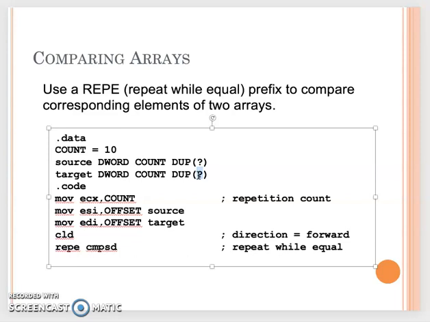Anyway, now let's practice how to do the repeat with the CMPSD. So you will have your ECX, your ESI and EDI. Since we will move forward to compare, we clear the direction flag. Then we want to continue to see if they are the same, right? So that's why we do the REP repeat. You can do REPE, equal or Z. So then when they do that, SD, they